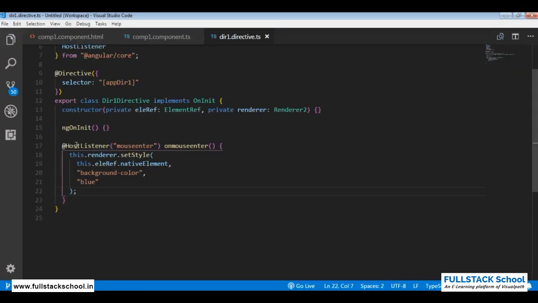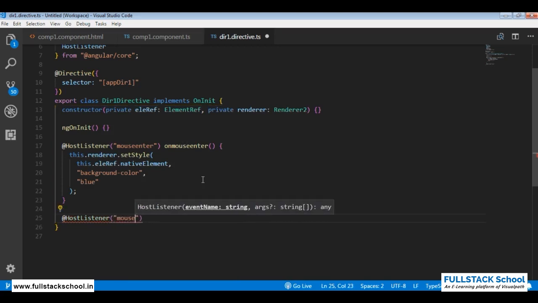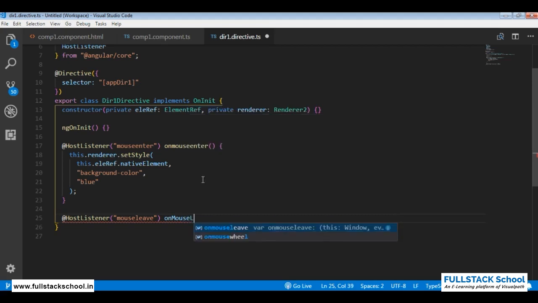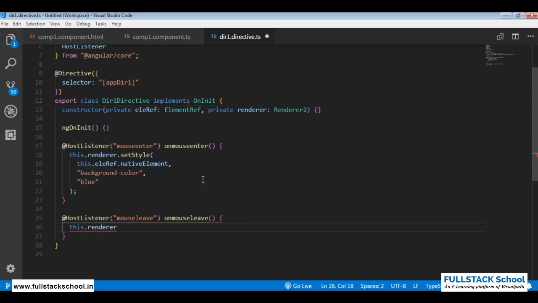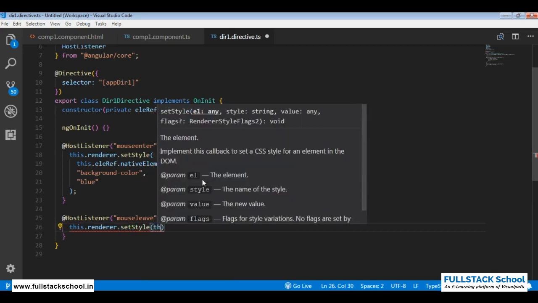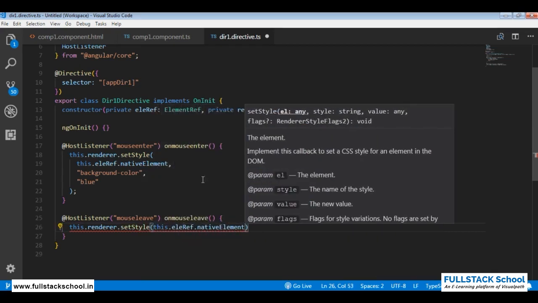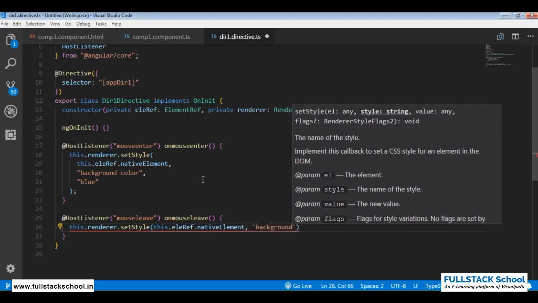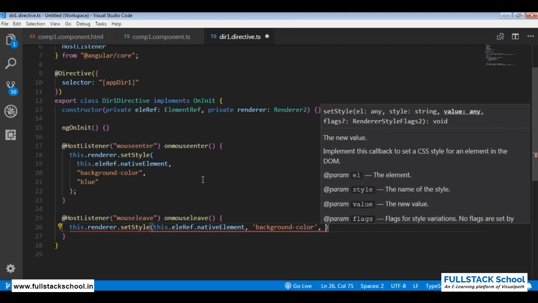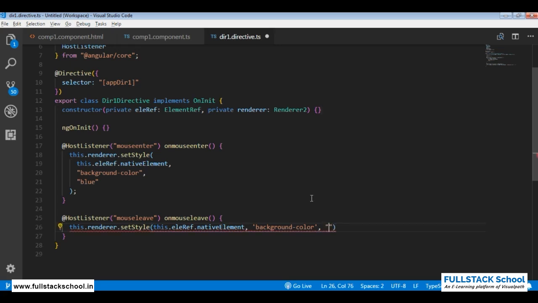Likewise, I'll have another HostListener in which I'll pass the event as mouseleave, and when this is the case, I'll call the mouseLeave method, and again I'll use the same thing, this dot renderer dot setStyle, and I'll pass this dot elementRef dot nativeElement, and the background color, let's change it to something like white, and save it. Now if you see,